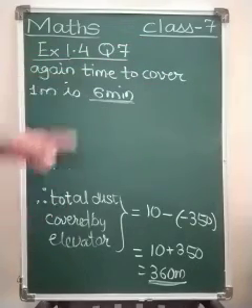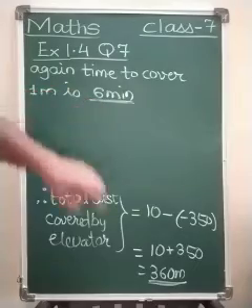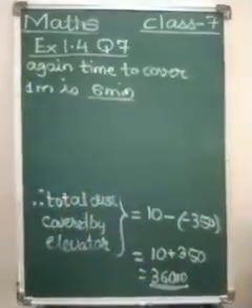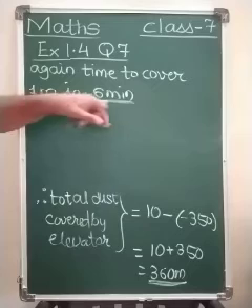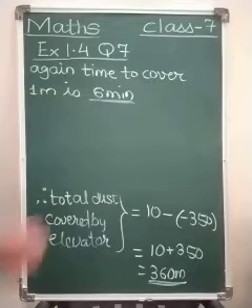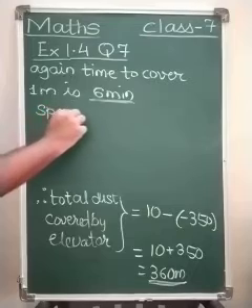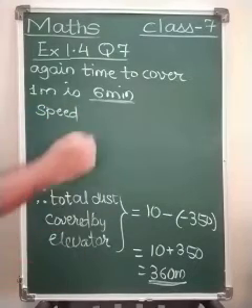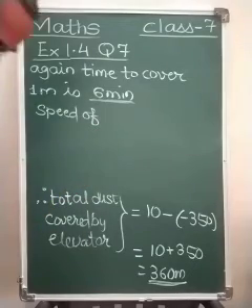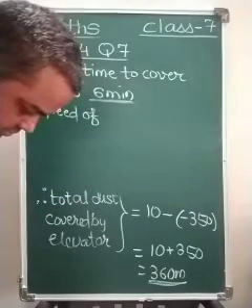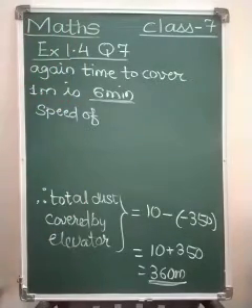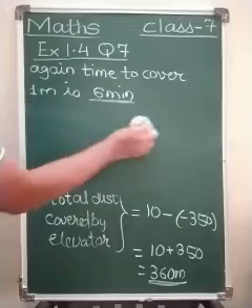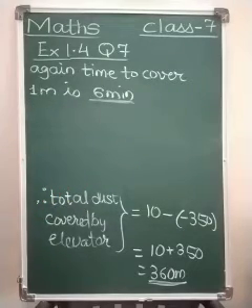This is one of the ways. So in 1 minute, 6 meters are covered. So to cover 360 meters, we have to divide. Okay, but we'll go another way. Again, the time to cover 1 meter is 6 minutes, or we can say the speed is 6 meters per minute. Okay, the time taken to cover 1 meter is 6 minutes.